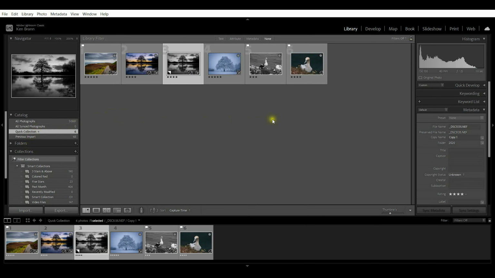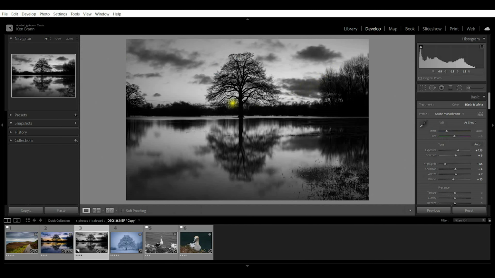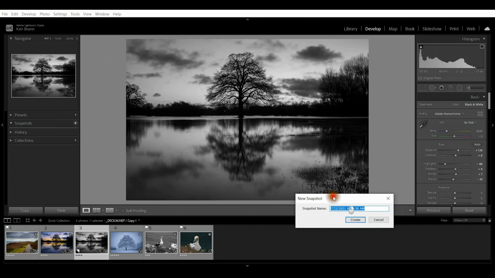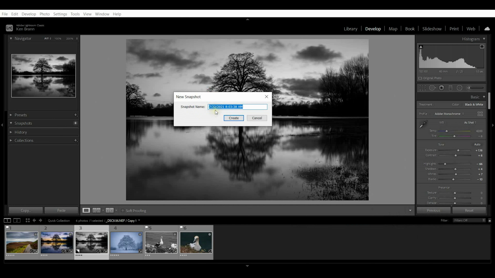So snapshots. So I'm in the library window here on the grid view. And what you do to do a snapshot is you come into Develop and you have your image, and you basically come over here on the left hand side. If you can see this, there's a snapshot, and there's no snapshots listed underneath this photograph right now. But to create one, you just click on the plus button next to it, and then it says Create Snapshot. And what happens is it gives you the new snapshot window, and the default snapshot name is a date timestamp.